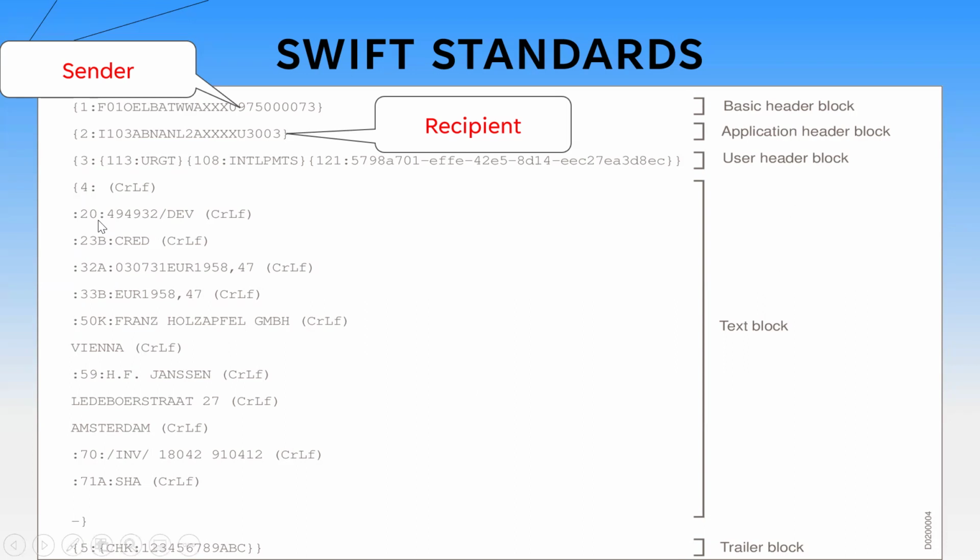Tag 20 means everywhere the source reference number. Like that, 59 is the ultimate beneficiary details, and 50K is the ordering customer detail. And that we can see in detail. If we need more information, I have given the